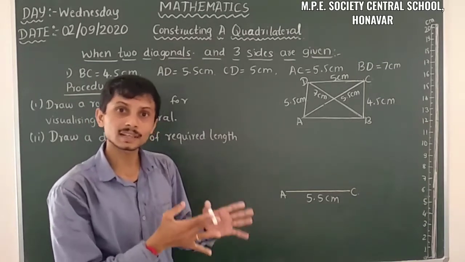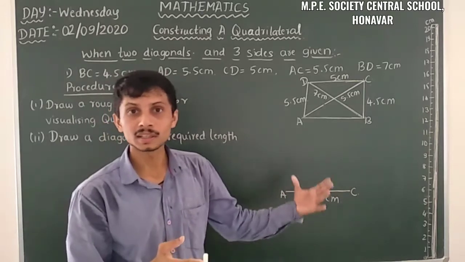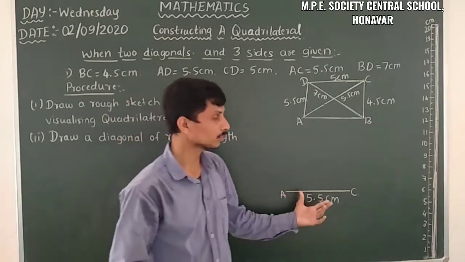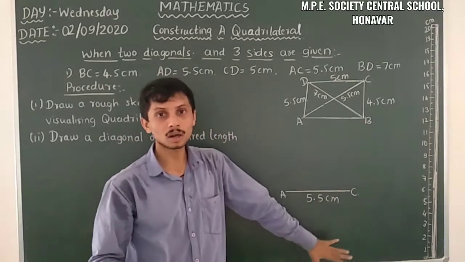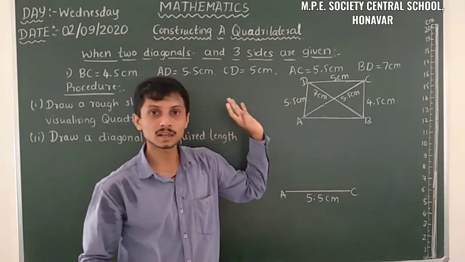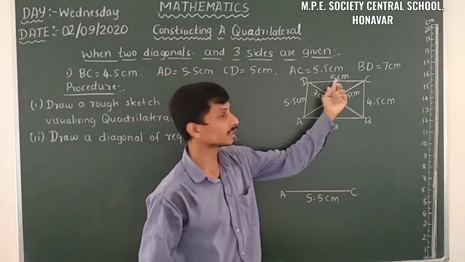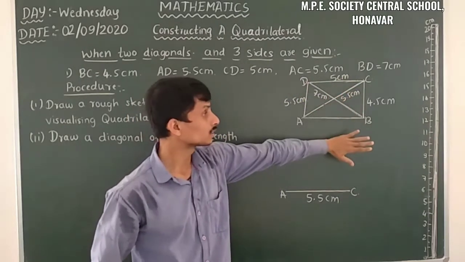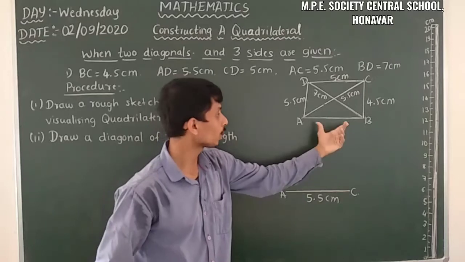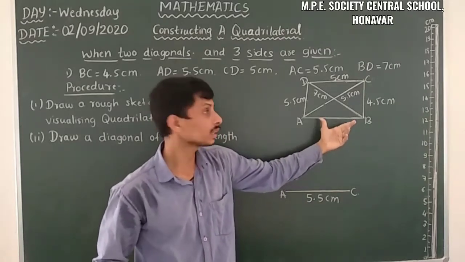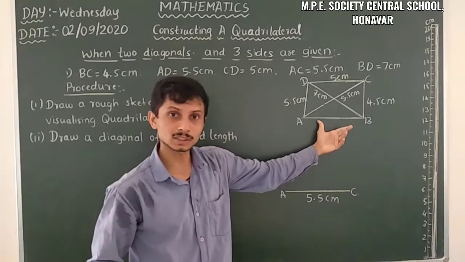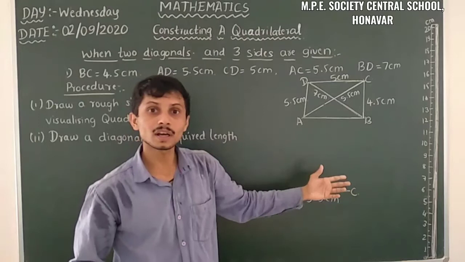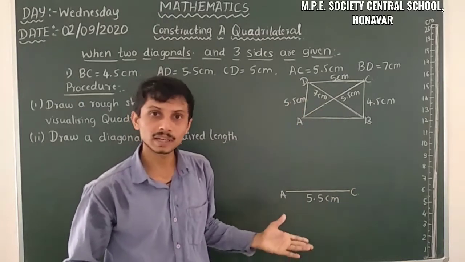So there we selected one of the sides of the diagonal, whether it is above the diagonal or below the diagonal. Likewise here also we have to select above the diagonal or below the diagonal. But just observe here, above the diagonal the two sides are given, so that means we know the length of two sides. But just observe below the diagonal, one length is absent here. So that's why we can't take below the diagonal here. We have to select above the diagonal only.